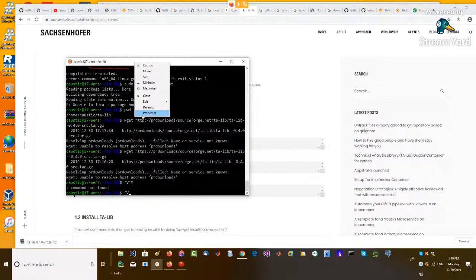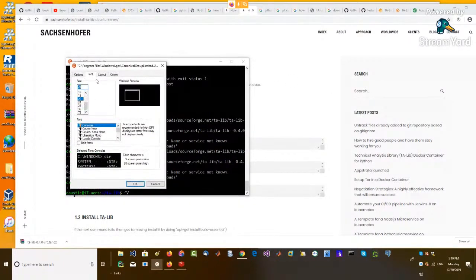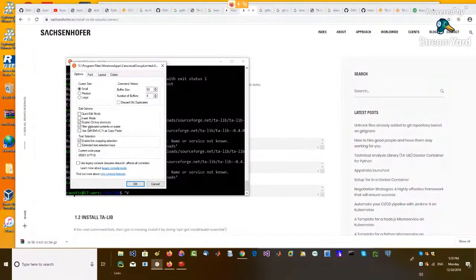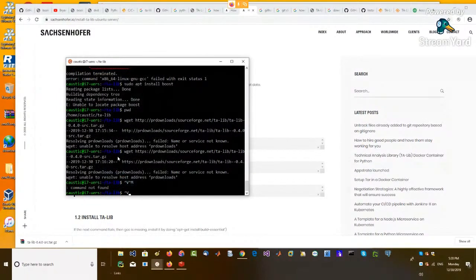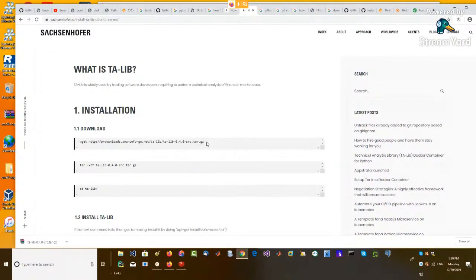So you have to enable it. Oh man, look at this. Properties, options. Oh, that is stupid. Okay, so we should be able to get around this. I can't believe that. Okay, so now that we've done that,